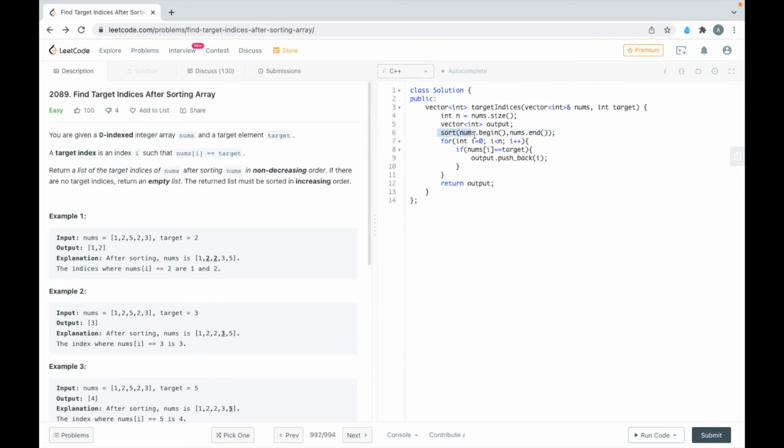First we have sorted the given nums array, and then we are iterating through the complete nums array and checking if the value matches the target, and if the value matches the target, then we are pushing that index to the output array, and in the end we are returning the output array.